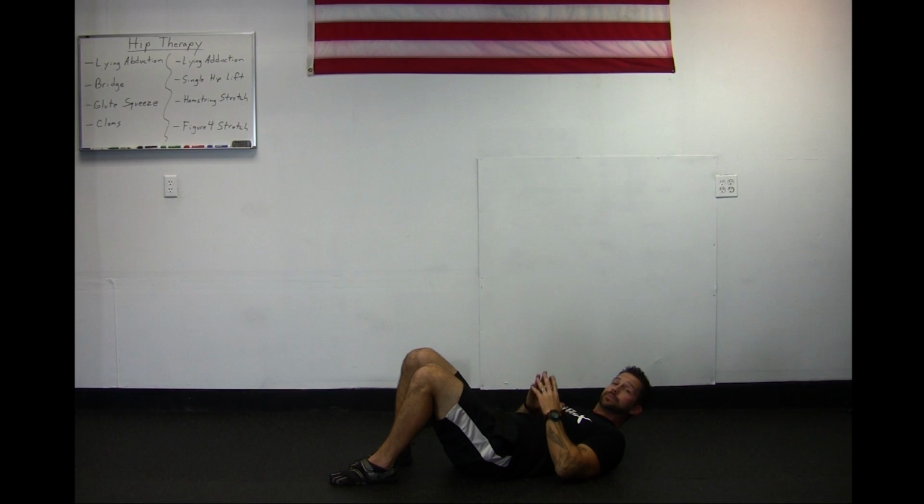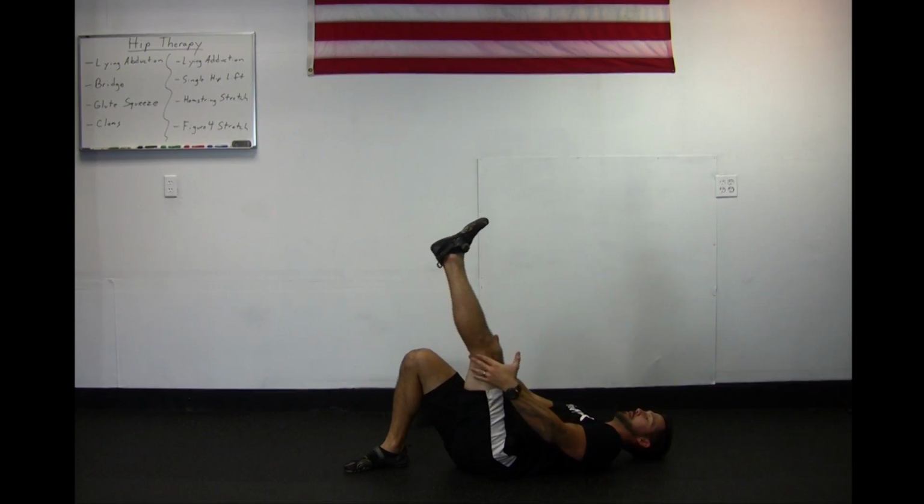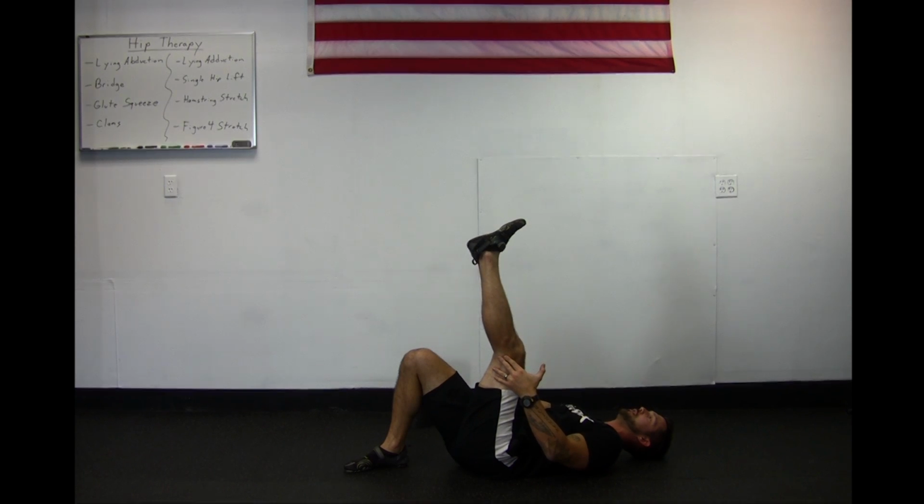Now with your stretches, you have to hold for at least 30 seconds. If you do not hold for 30 seconds, you're not going to give your muscle enough time to relax and actually get a good stretch. So you can go over 30 seconds, it's fine, but you at least have to get 30 seconds on that stretch. So 30 seconds or more on that side, switch over to the other side, pull that back,